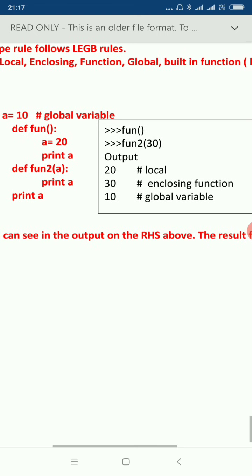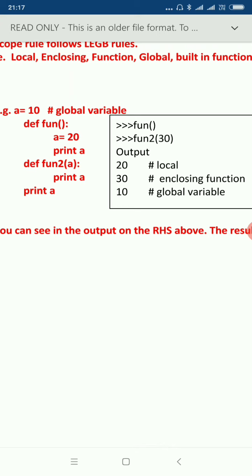When you execute the function fun and fun2 with 30, it gives the output as 20. Why 20? Because a equal to 20 is the local variable which is given preference.